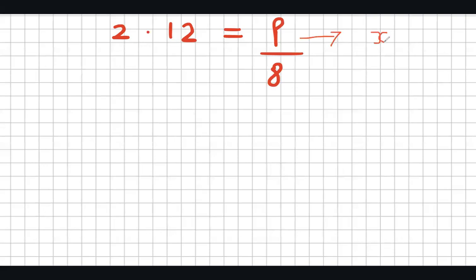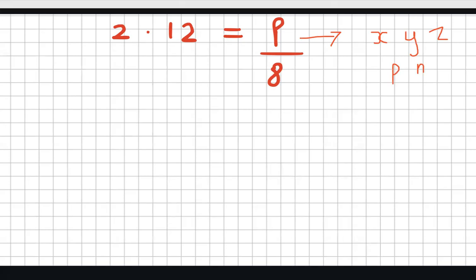such as x, y, and it could be z, it could be p, it can be n, it can be any letter that doesn't resemble a numeral, that sometimes to save us getting a little bit stuck with, say, for example, x times x, which can look like x, x, x. So we use a circle here, this little filled in circle, but it's not a decimal point because 2.12 would